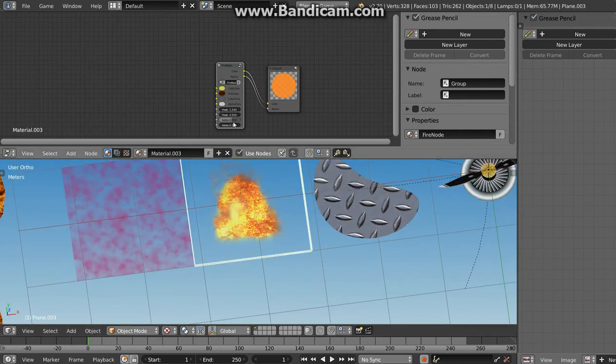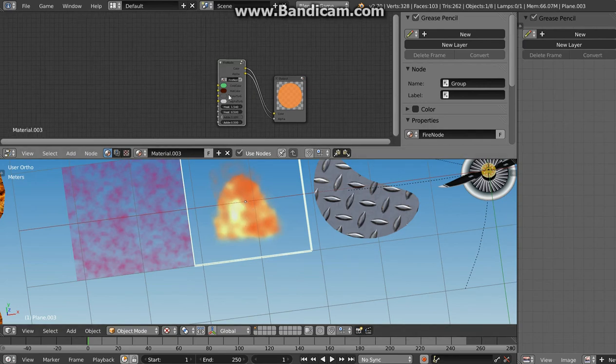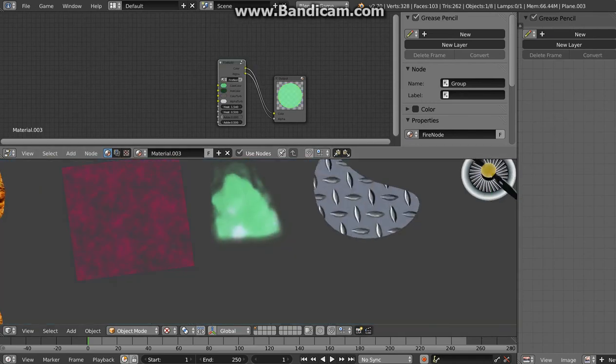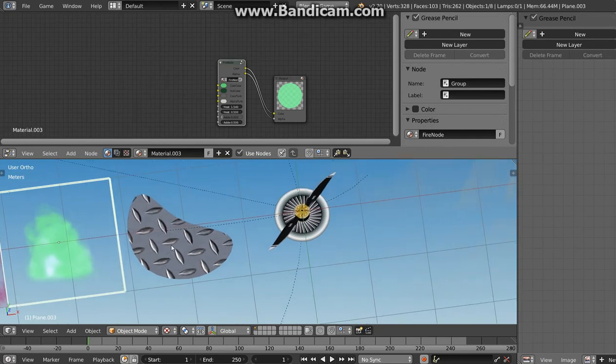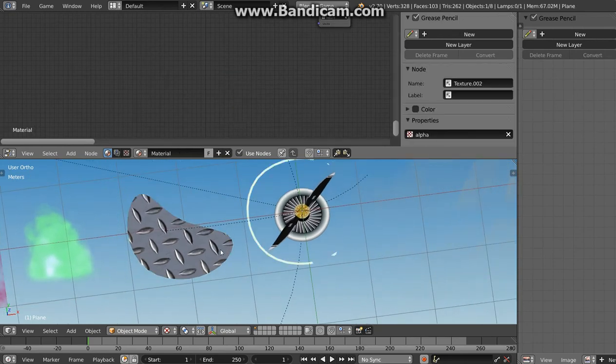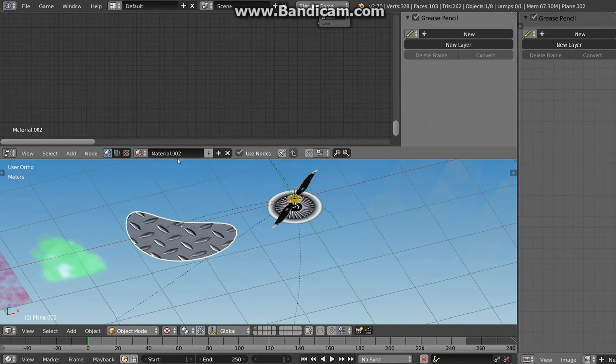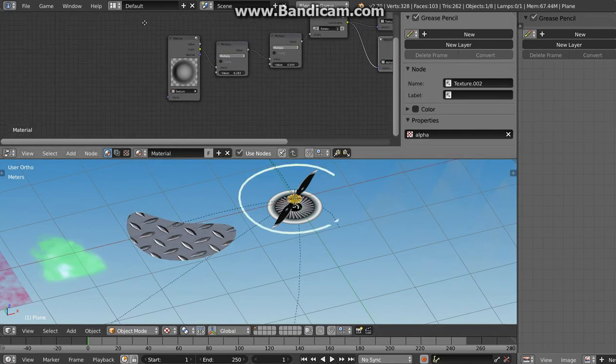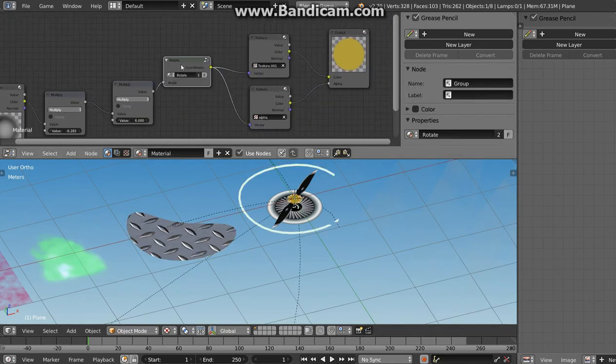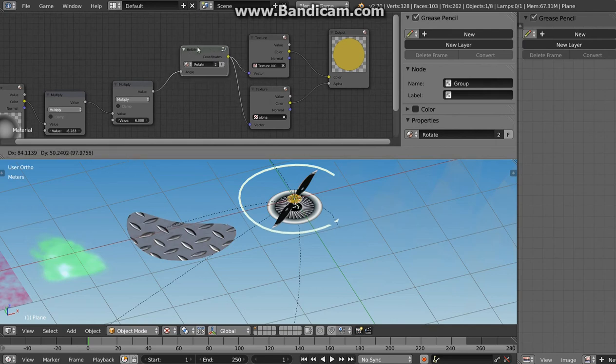The fire actually is just one node with different settings. If you want, you can watch the tutorial series where I am actually making this fire, so you can recreate it for yourself. And then there are two same materials for rotation, and I made one node group